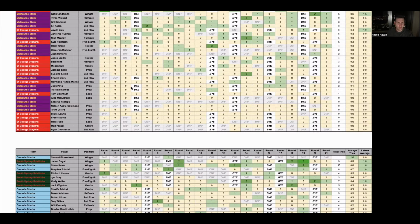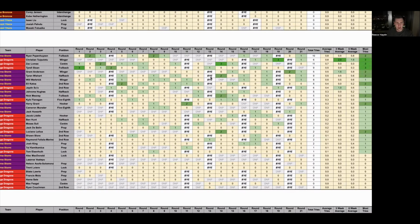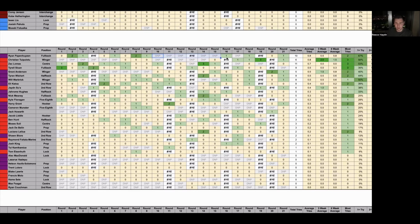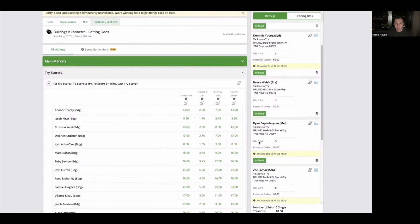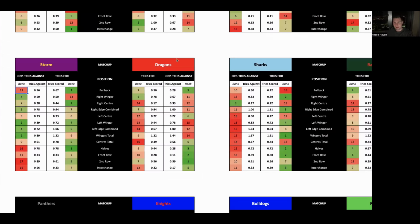for the Melbourne Storm. He scores the most tries for the Storm so far this season with a total of 10. He scored a try in 3 of his past 4 games. In the second half of the season, obviously missing the middle part of the year through injury, and scores a try in 67% of matches overall in the season. With the TAB paying $1.60 to score a try, and against the Dragons side, in a game where the Storm are expected to rack up a score against them, I think he's a very big chance of going across